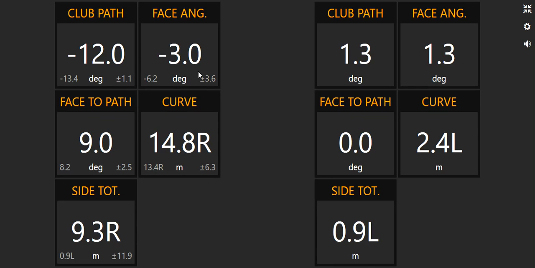But because it's a long way open, 9 degrees open to the club path, we're going to get a shot that starts to the left, roughly 3 degrees to the left, and cuts a long way off to the right. So you can see in the end it's had pretty much 15 meters of curve and ended up 9.3 meters right of our target. So